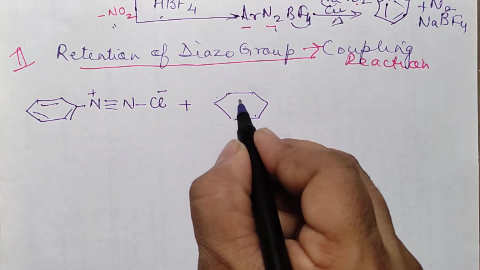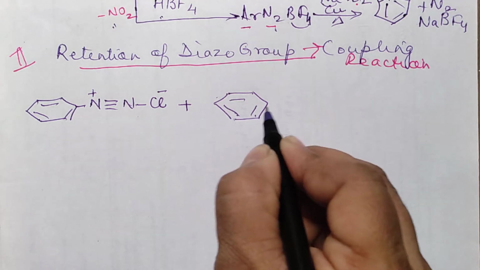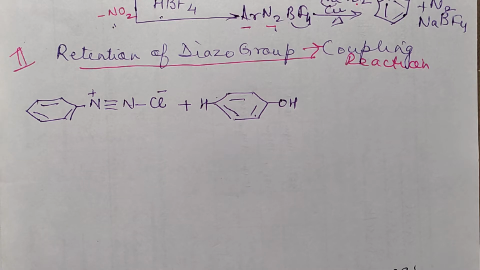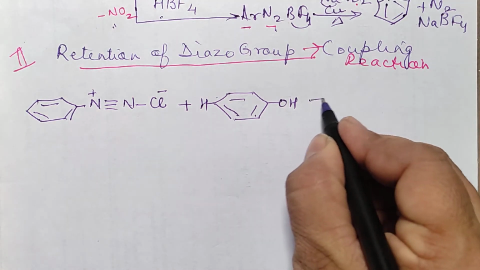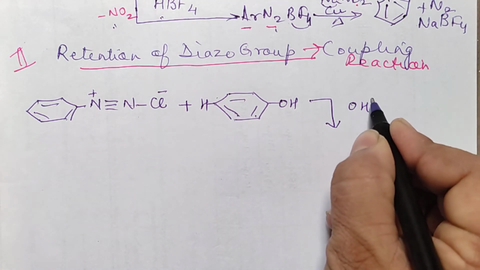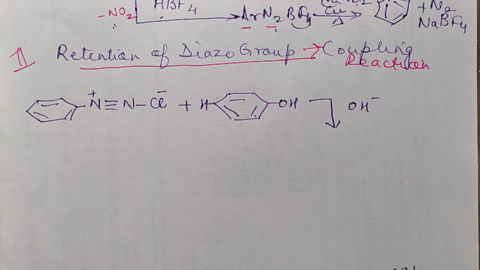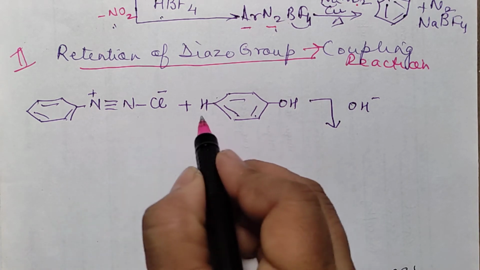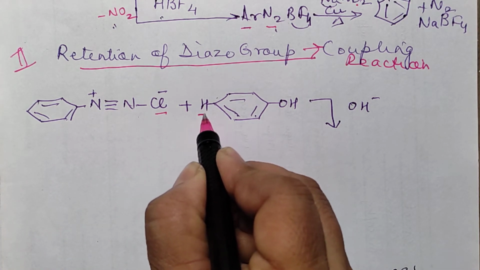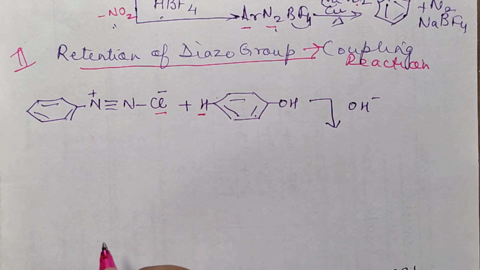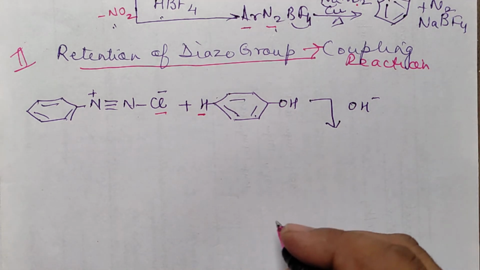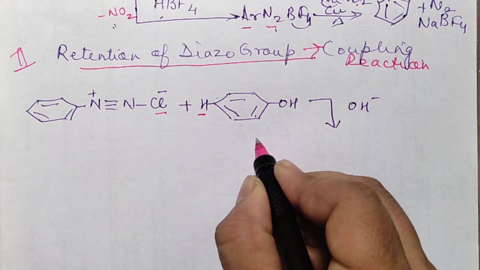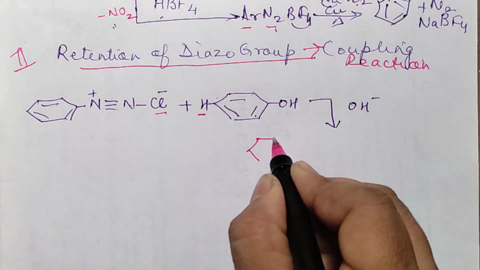Okay, so let me write down first with phenol. This is phenol, and this part, the H, I am writing separately. The reaction is carried out in the presence of the base. I am writing down because that place will not be sufficient. So what will you get here? You can just see this Cl and this H, you will remove, right? And then you can just combine them together, so you will be getting the product as this ring, right?